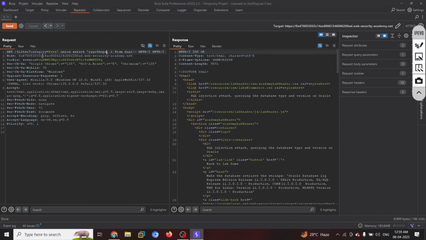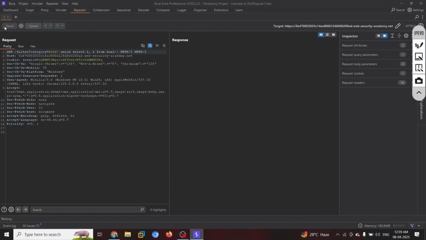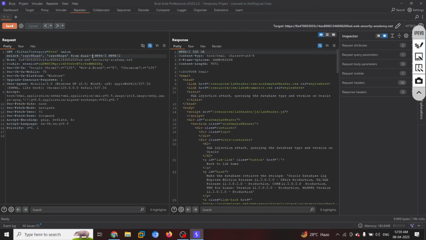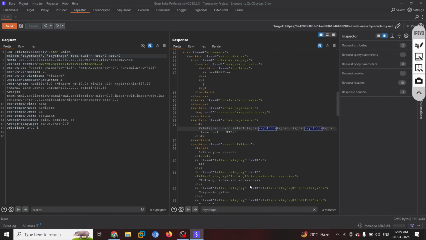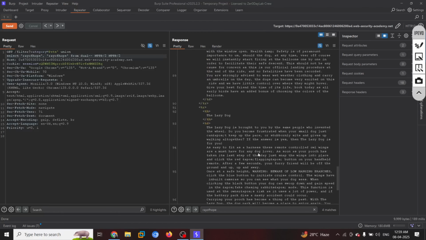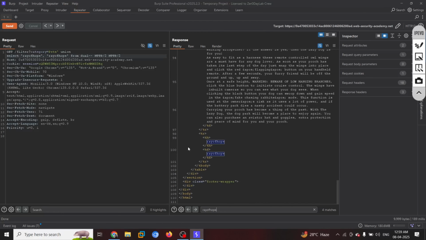See, 1. It is giving us internal server error. That means the data type is not number, right? Data type is not number, it is a character. And if I put over here 'ray of 4', somehow we will find it over here, right? Yeah, there you go, right? So we got to know the column type is 'ray of 4' and it's character actually.